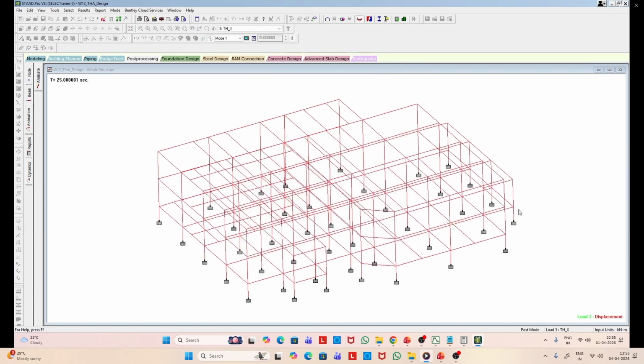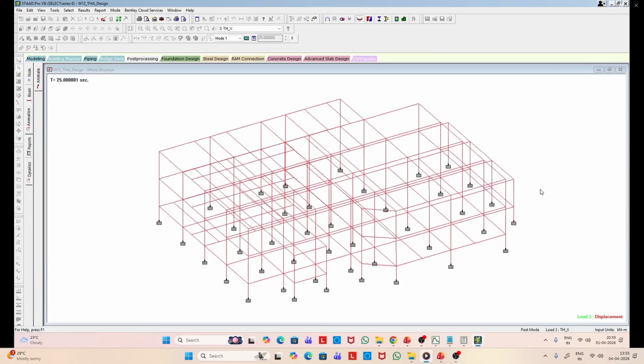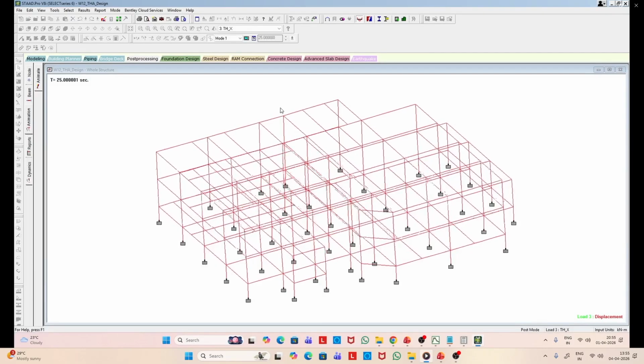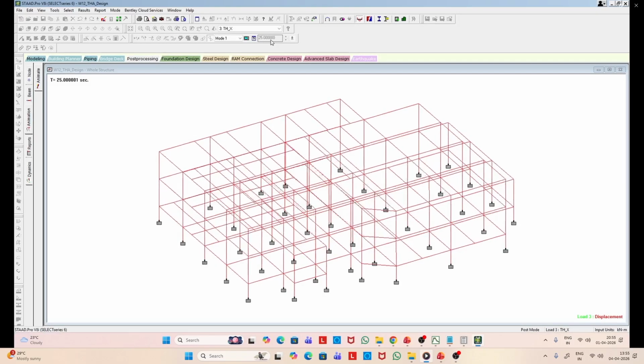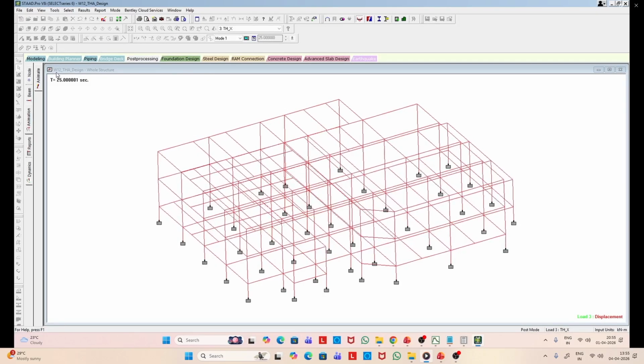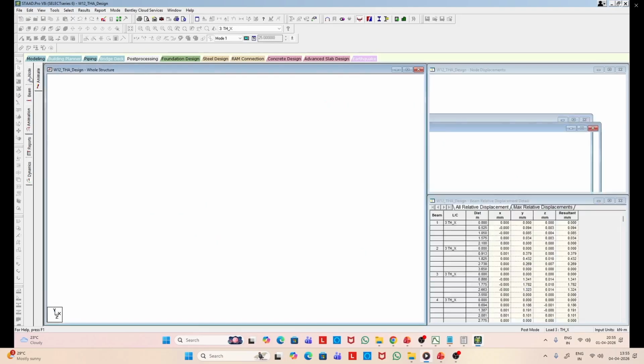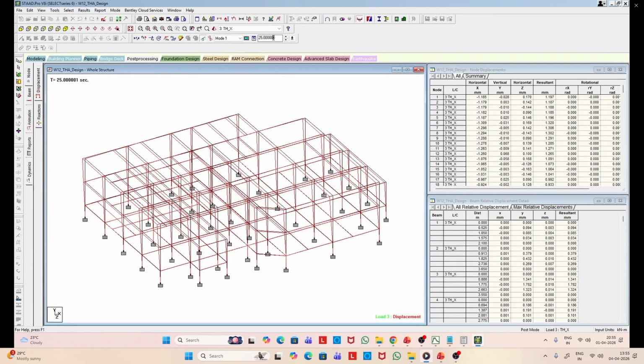And now you see the deformation of the building. Of course, it is for a particular time point. So accordingly, you can change the time point and see the deformation corresponding to that particular timestamp.